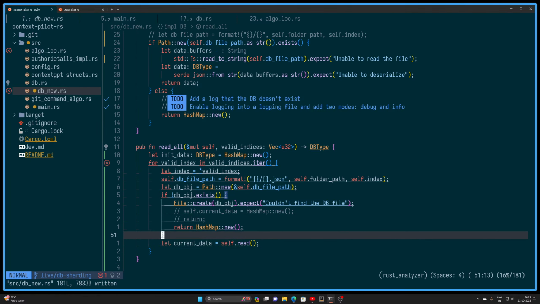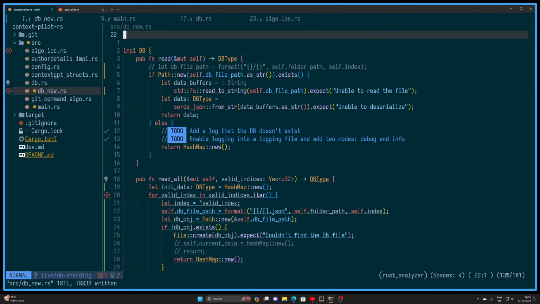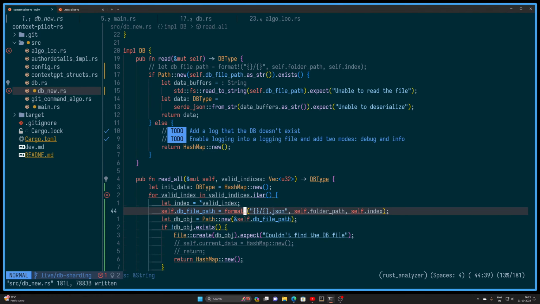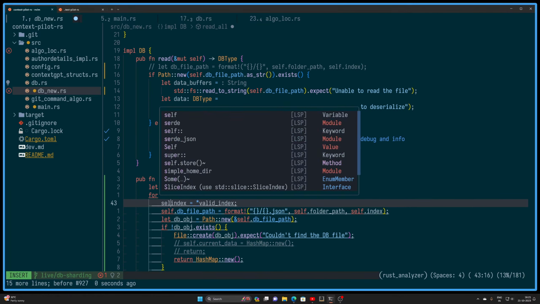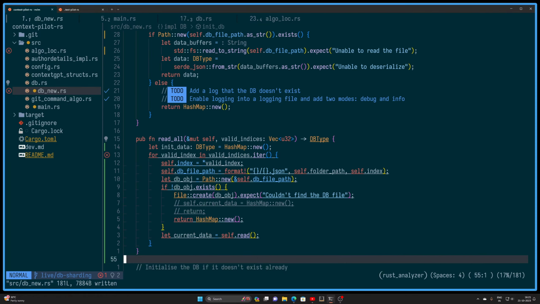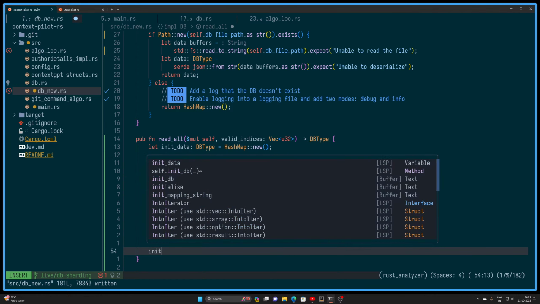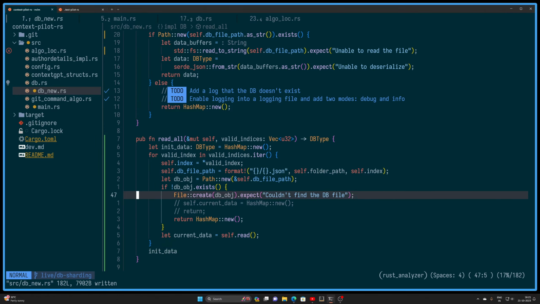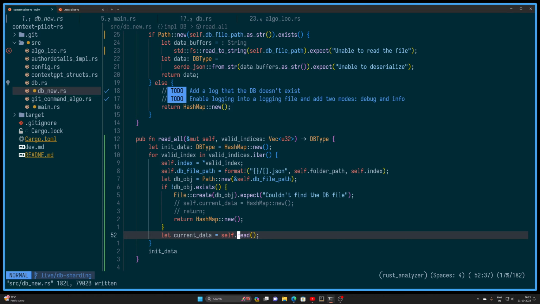And over here, what you can do is, this read essentially goes to the db file path and it also goes to the index. Okay, what self.index, right, over here. Now what I can do is, this is returning me something. Okay, let's actually, you know what, init data, I want to get rid of this error now. Okay, so what I want to do here is that whenever you get a current data, I want